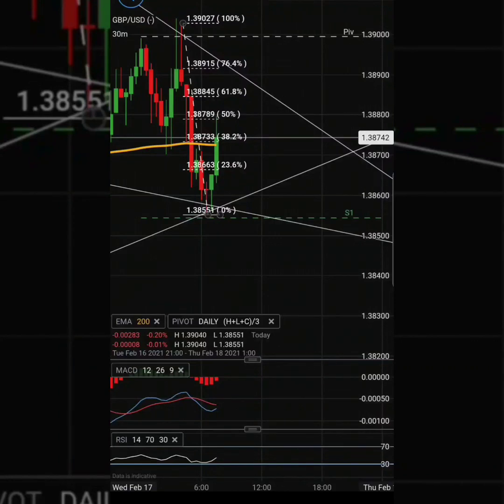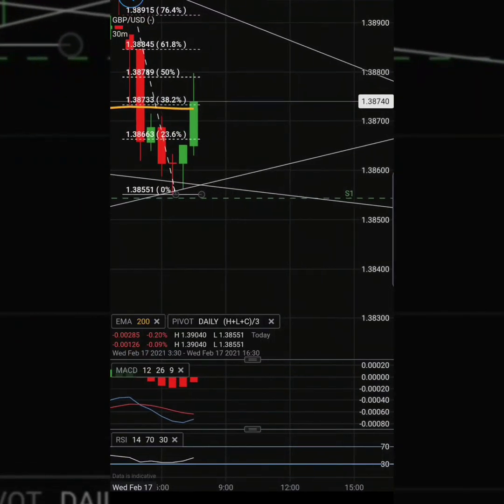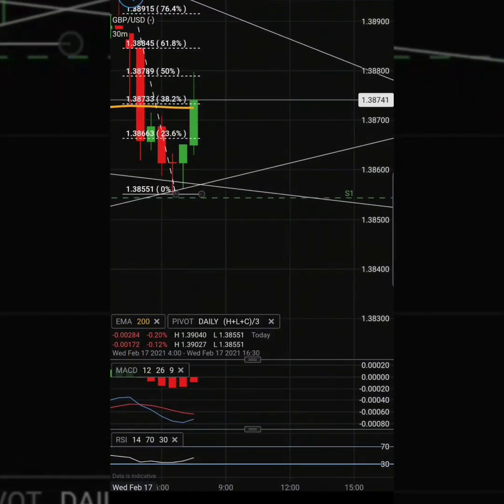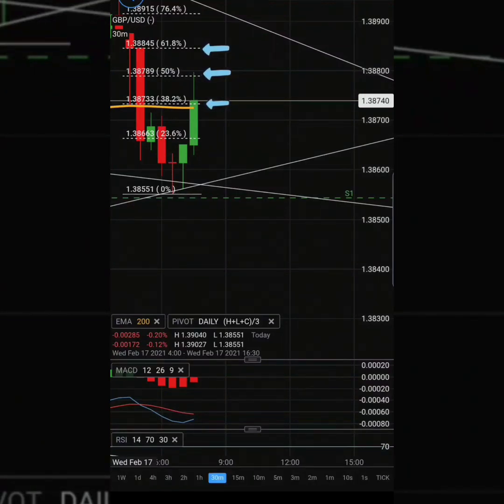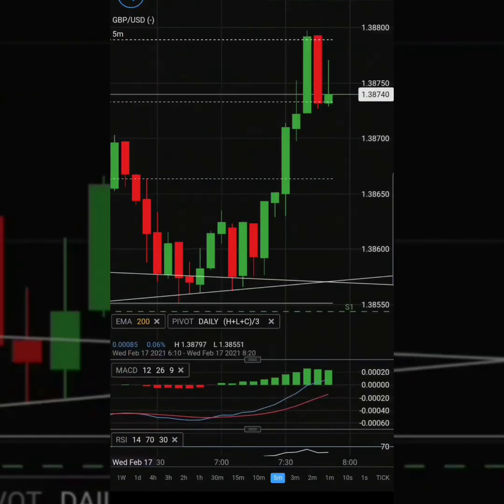The 3rd confirmation was the pivot point, which is the dotted green line. Pivot point indicator, I like to use that as a form of resistance and support also. And that was the 3rd confirmation. I knew with 3, I was on to something. So at that point, I was able to drop down to the lesser time frames and use the Fibonacci retracement tool, which you'll see there at 38 and the 61. That's the golden zone. So I knew price action was going to pull back to that zone at some point,